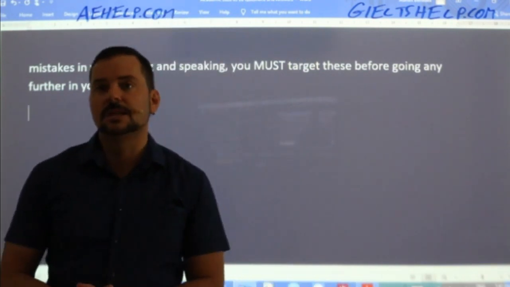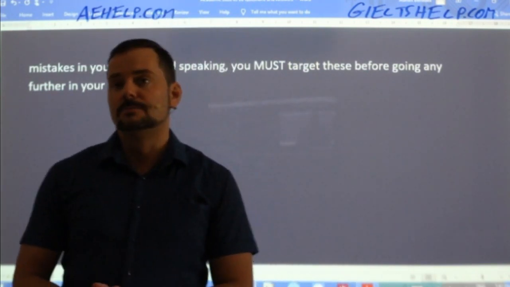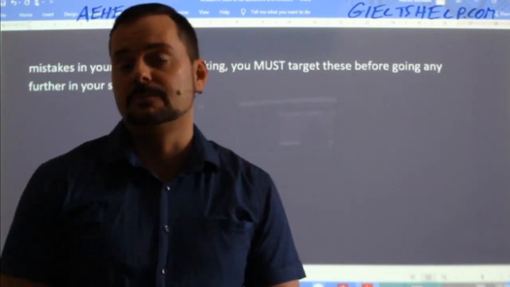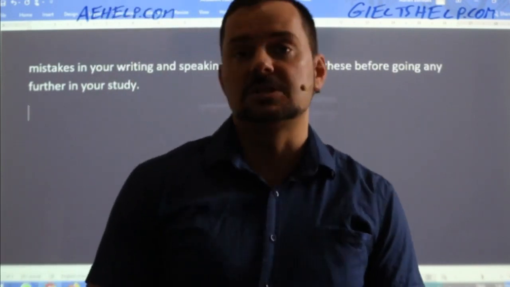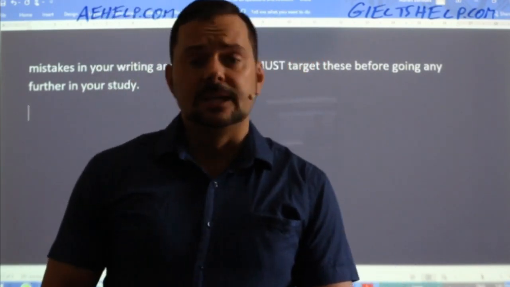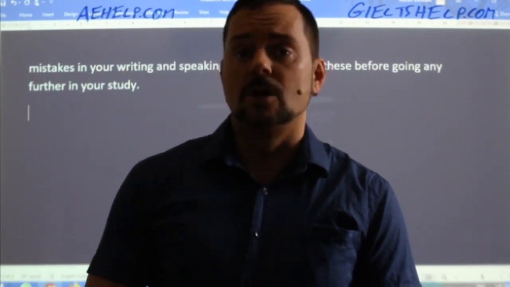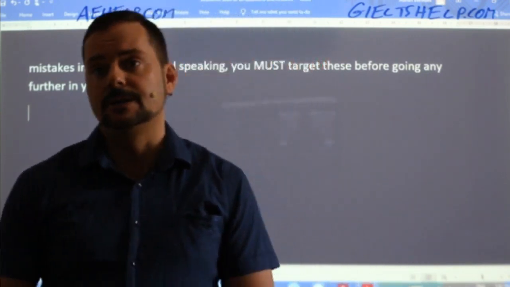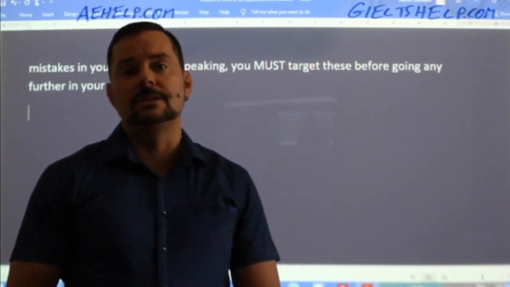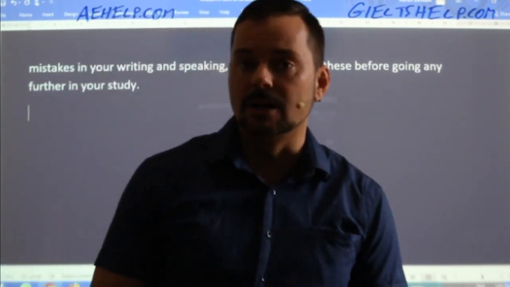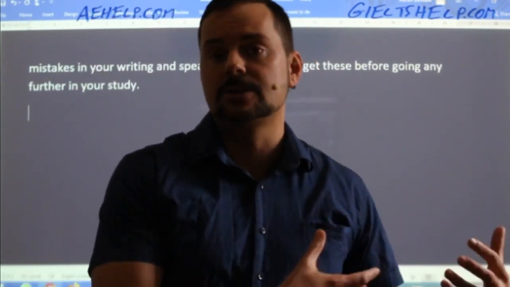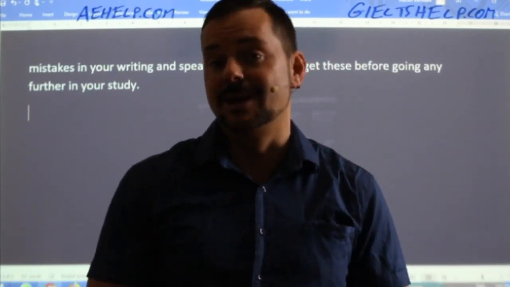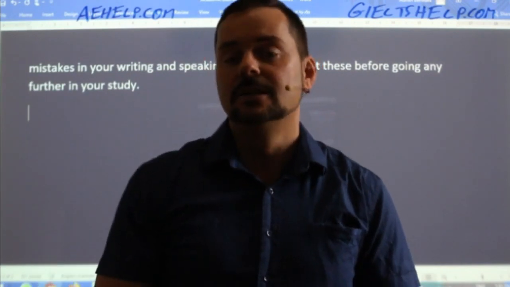So coherence mistakes are definitely the ones that cost most students their marks, all right? You can get a very high band score if you're coherent and you have some spelling mistakes, some pronunciation mistakes, even if you're repeating some words. As long as it's coherent, as long as the examiners can understand what you're saying, you can get into those high band scores, all right? But you have to check for those, and it's difficult to do that by yourself. You usually need someone else to find coherence mistakes because, of course, for ourselves, most of the time we make sense, okay? What's inside of our heads, it makes sense.